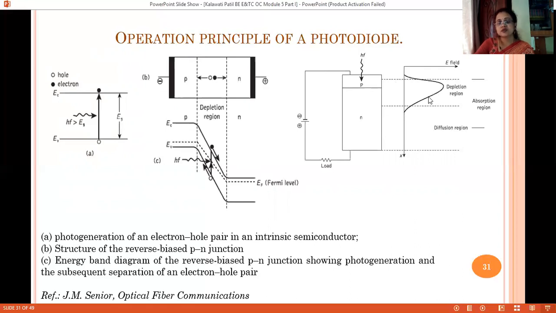Once absorption takes place, the photocarriers are generated and start drifting or diffusing across this region, through the outside circuit, and we get the photocurrent. So this is the main idea behind photodetection and photogeneration across a reverse bias PN junction.